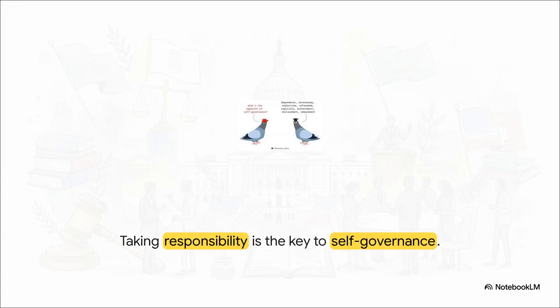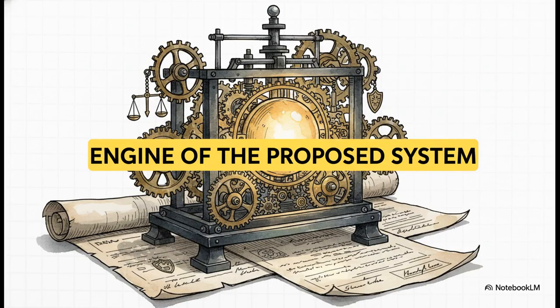The source materials actually lay down a direct challenge to the reader. They argue that for way too long, people have basically been standing around letting other people govern them. The texts assert that true freedom requires active participation. It means stepping up and taking on the responsibilities of protection and community building, whether you choose to do that broadly as a national or intensely as a citizen. And that right there is the core of the framework. These differences in rights, allegiances, and obligations between the roles, they aren't just legal trivia. They are literally the engine of this proposed system.